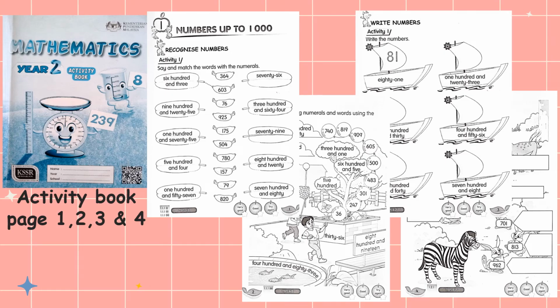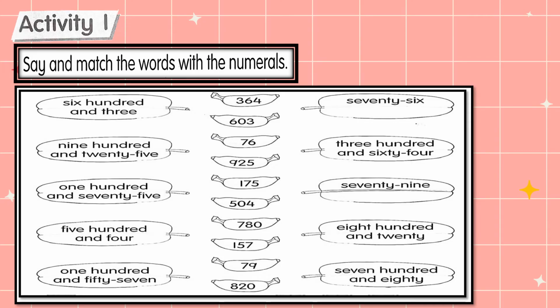Let's do activity book on page 1, 2, 3 and 4. Activity 1. Read the instruction. Say and match the words with the numerals. Look at number 1. Let's read